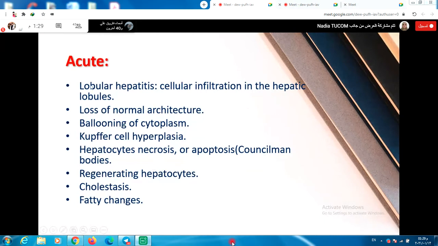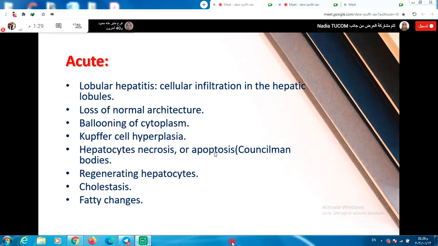In the acute state, there will be lobular hepatitis. Lobular hepatitis is cellular infiltration of hepatic lobules, inflammatory infiltration, loss of normal hexagonal lobule or normal liver microarchitecture, ballooning degeneration, Kupffer cell hyperplasia, increase in the number of macrophages, hepatocellular necrosis, or apoptosis,